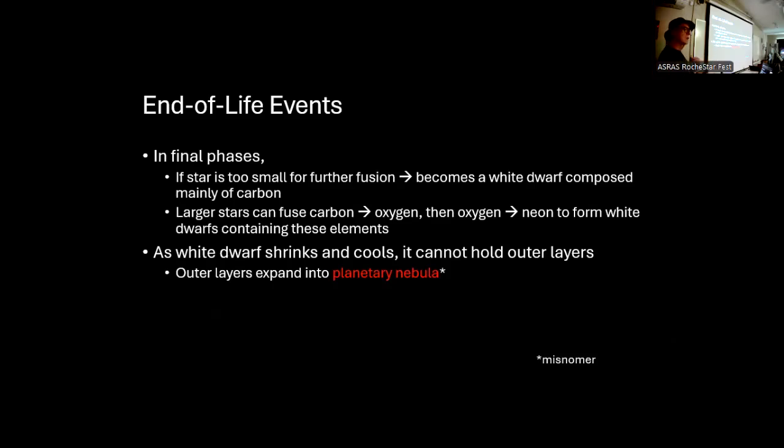Planetary nebula, another one of those terms that I misunderstood for many, many years, isn't a planet. It was named that by, let's see, William Herschel. He thought when he looked at these through his telescope that they were planets. And so he called them planetary nebula because they weren't quite as discrete as the planets were, but they were fuzzy, but he thought they were planets. So he called them planetary nebula, but they're not really planetary. They have white dwarfs at their core rather than a planet.